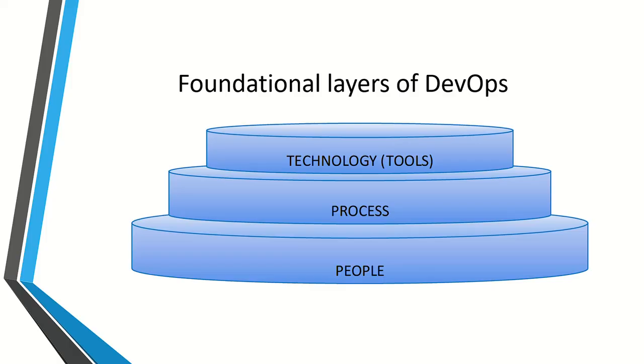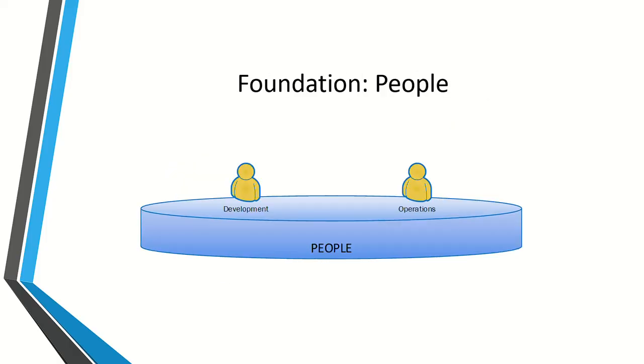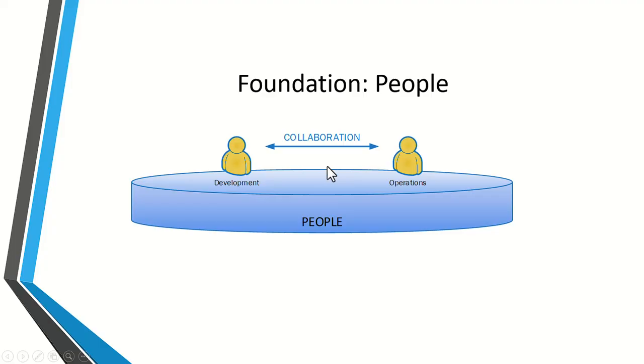This chapter will discuss the people first. Okay, I mentioned the development and operation departments. I know that there's only one person, but consider this as representing a department. So if there is no communication, there is no DevOps, right? They have to have collaboration. And again, as I mentioned before, it has to be regular communication, regular collaboration.